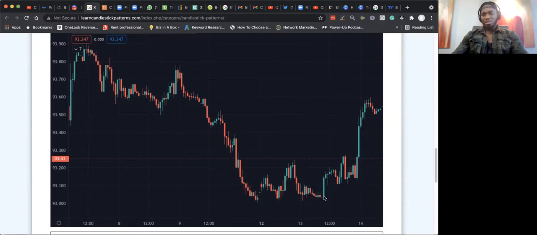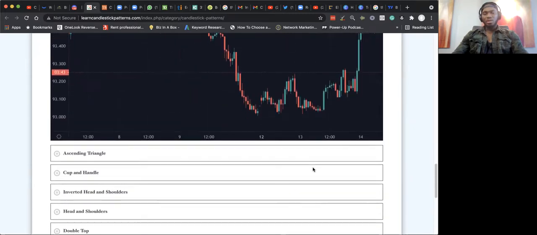which switches into, so this resistance line here is at the 0.343 line. It hit that resistance point twice and eventually broke it, retested it, and took off. So we might be looking at a bull flag here at the end. But before we got to the bull flag, there was a,